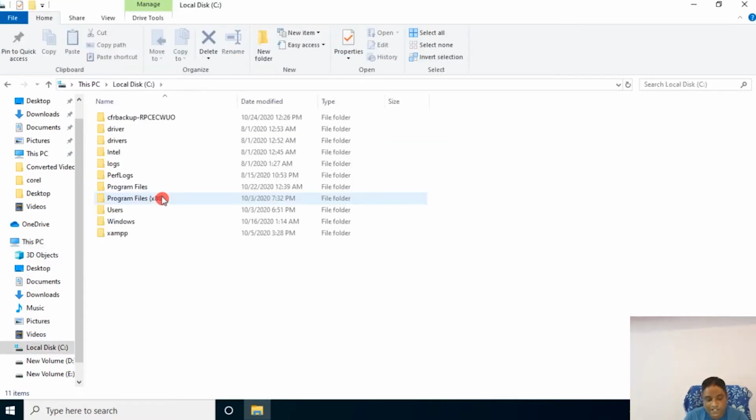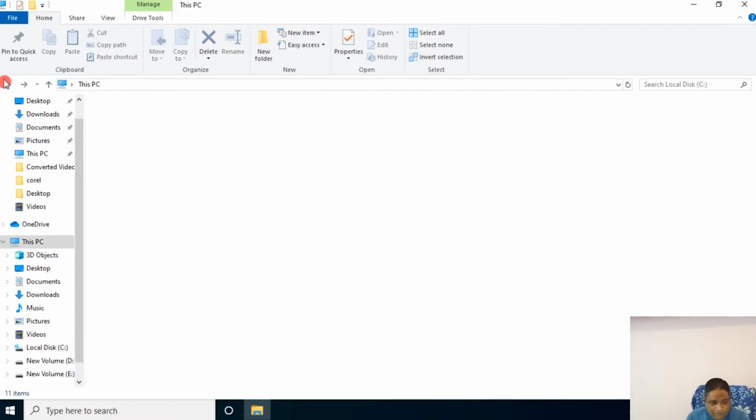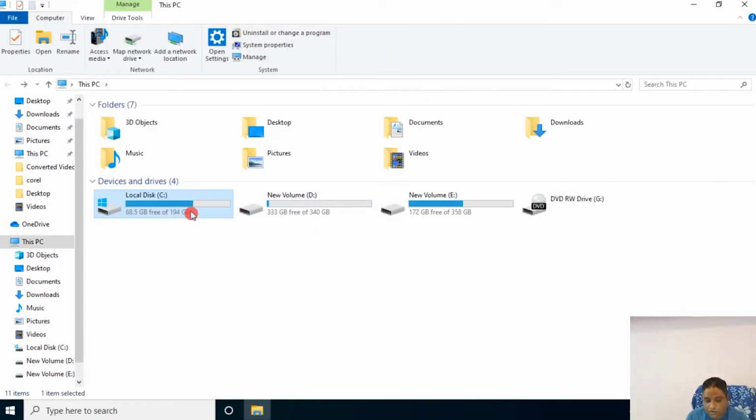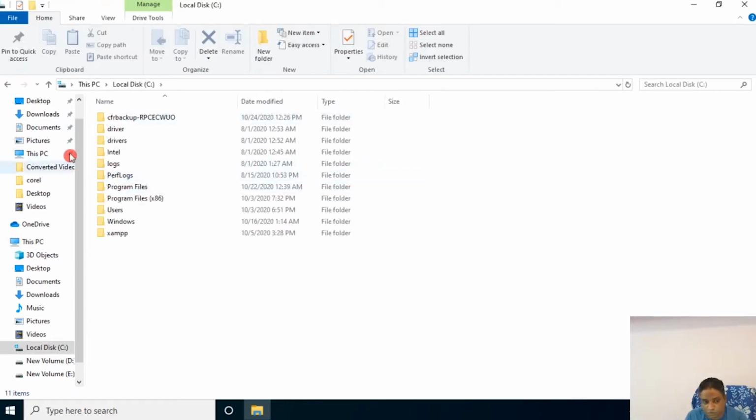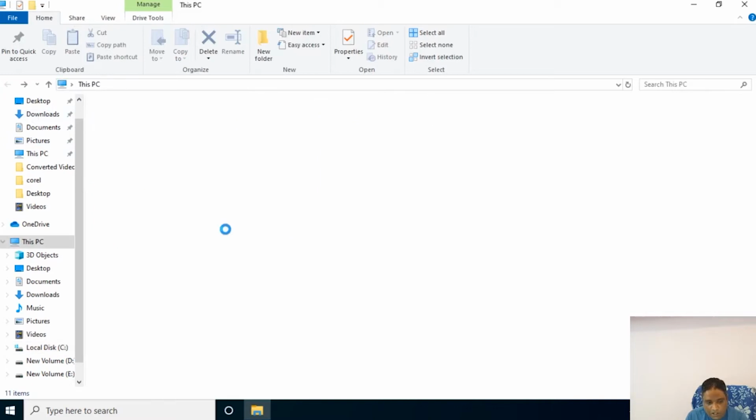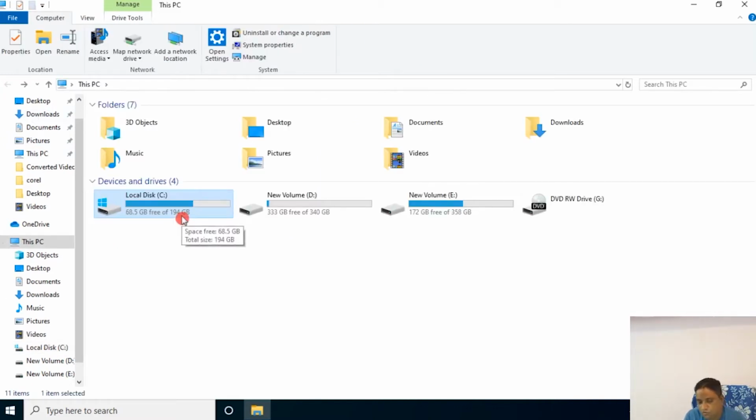What is C drive? C drive is basically where the operating system you have installed on this laptop or computer is stored. All the operating files are stored there. Say you want to install an application like Google Chrome or NFS or Free Fire, whatever game you want to install, by default it will install on C drive. This is your C drive. You can't delete anything. If you delete, your computer won't start. So this is basically an installation drive.